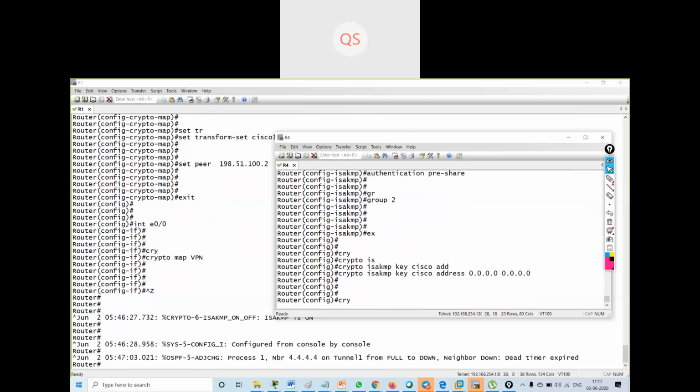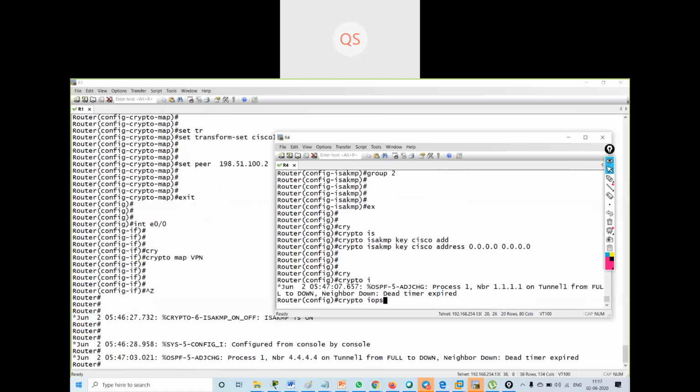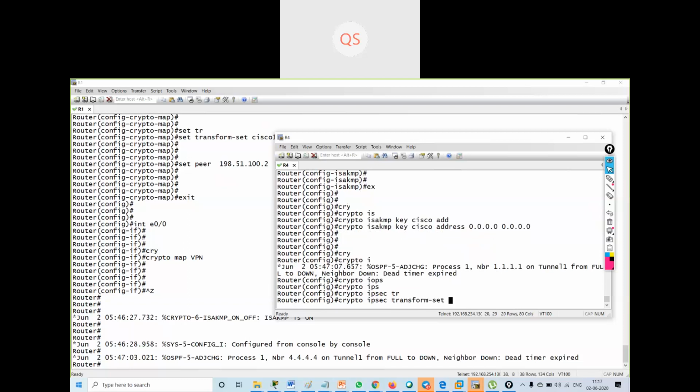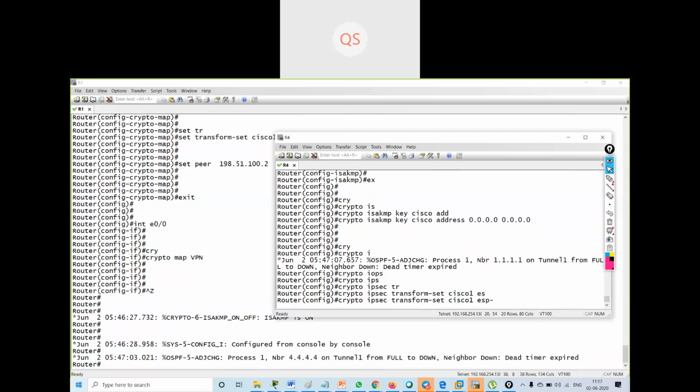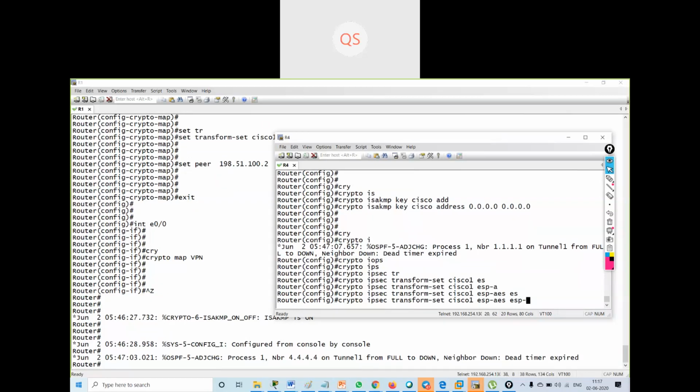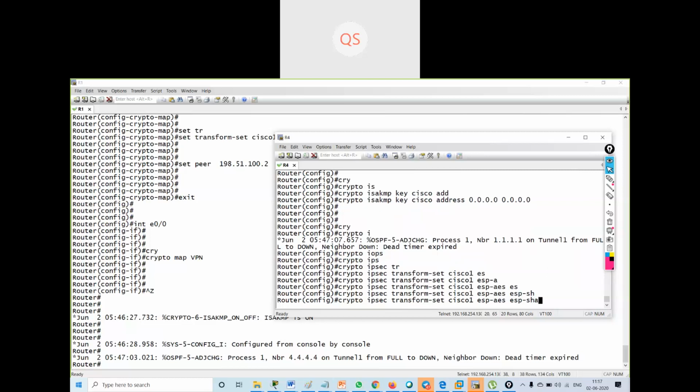Then crypto IPsec transform set. The transform set name is Cisco 1 and it is using ESP AES and ESP SHA HMAC.